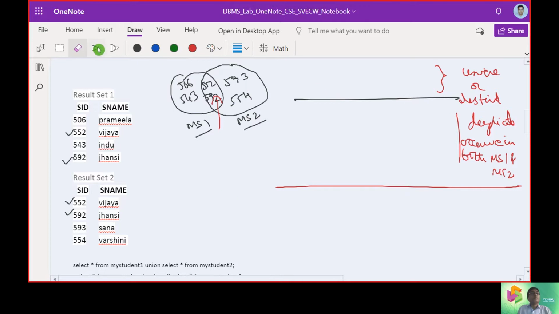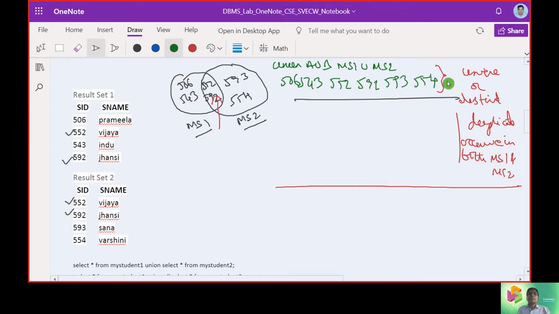So we will bring up A union B, that is MS1 union MS2. We will be getting 506, 543, 552, 592, 593 and 554. So in total, 2 are common and we will be getting 6 instances.